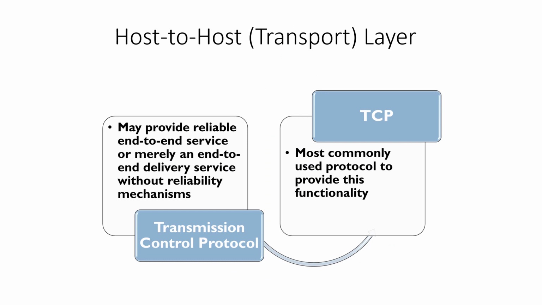The next layer up is the transport or host-to-host layer. It is designed to allow peer entities on the source and destination hosts to carry on a conversation. Two end-to-end transport protocols are defined here. The first one, TCP, or